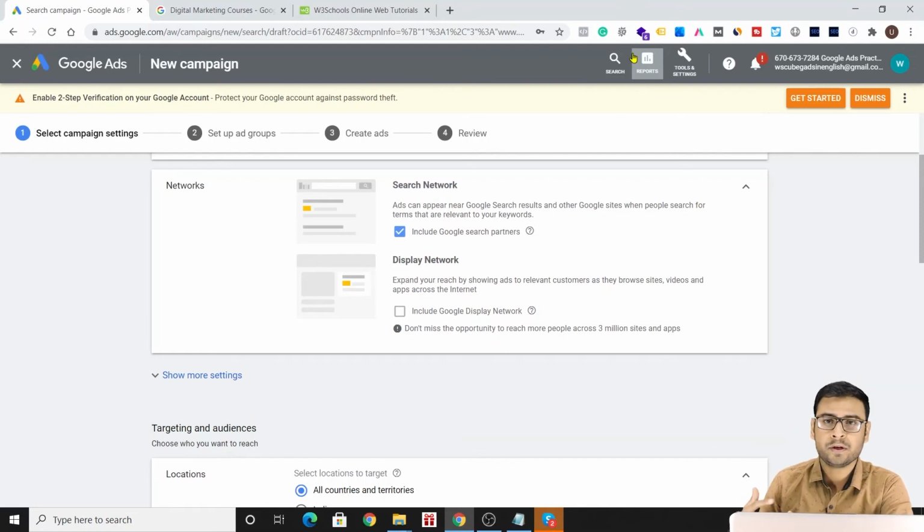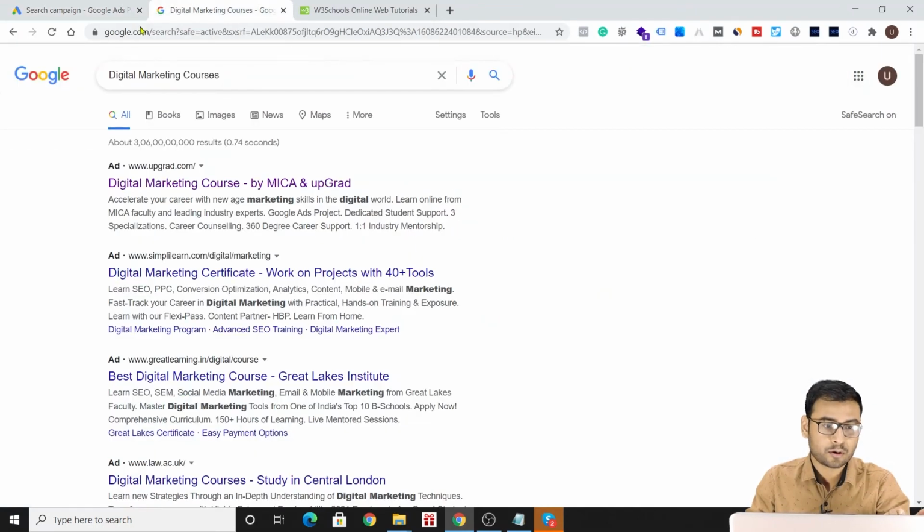That is why we say that in display networks, or whenever we are running display ads, our CTR is quite low. Why is our CTR quite low? Because the intent of clicking is not that high over there. But if we compare the same scenario with the search network, where the user is typing that I am looking for these kind of services, and then your ad comes, there is a high chance that the user is going to click on it.